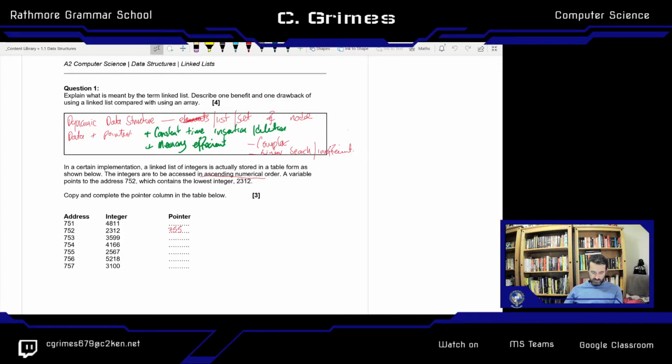What's the next highest number? Anything else in the 2s? There seems to be 25, so this should be pointing to, looks like a 31. So that is memory location 757. 31. Where is 3100 pointing to? Looks like it's pointing to 3500, which is 753. So this should point to 753. When I'm at 753 of 35, the next highest number looks to be 41. So 35, this memory location 753, should be pointing to